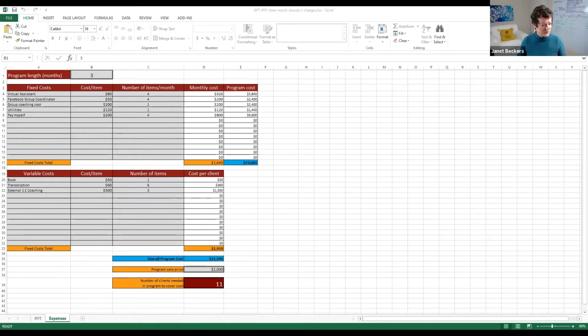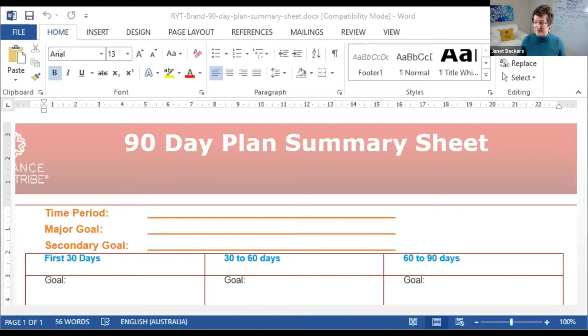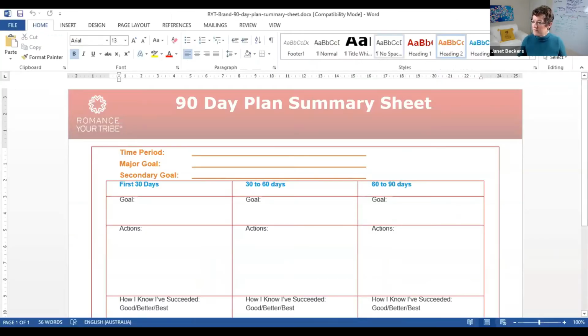All right, so you should be able to see here the 1-page summary. Hey Stephanie, it's good to see you. At the moment, you can still see my Excel one. I'll show you that in a moment. That's what we use to calculate your break-even points with your programs. Hopefully you can see the Word document. Let me make sure that if you can see the Word document now, that would be great. If there's a little bit of a delay, here we go. Now I can see that you can see it.